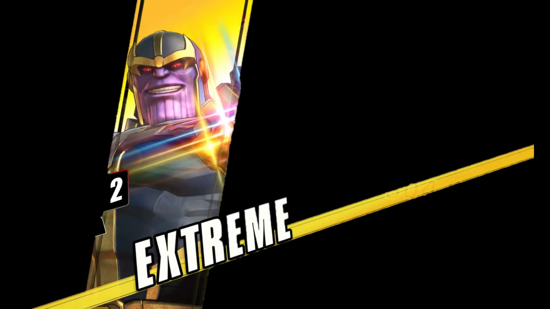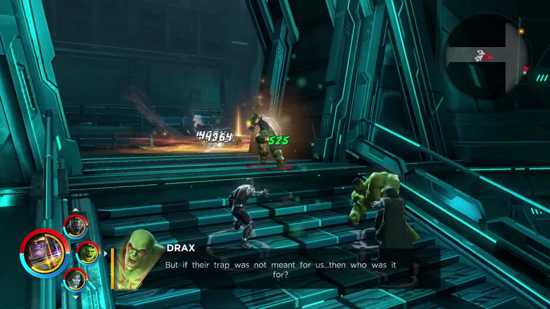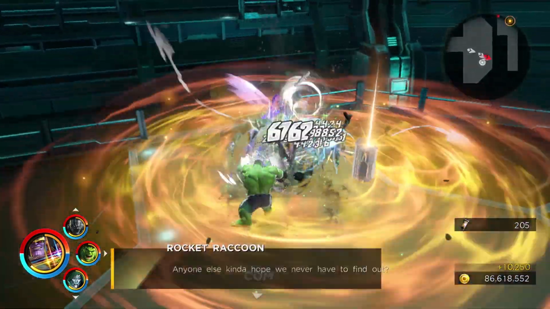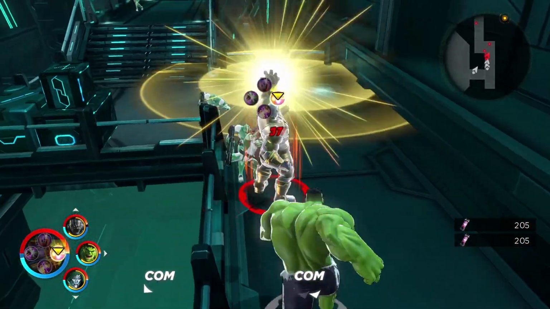Number 2. Coming in at number 2, we have Thanos Infinite with his Soul Siphon. And this ability, again, incredibly powerful because it creates a gravity well that draws opponents in and has a very wide range. And if you maximize the charge of this ability, which you have to do in order to get the gravity effect at all,